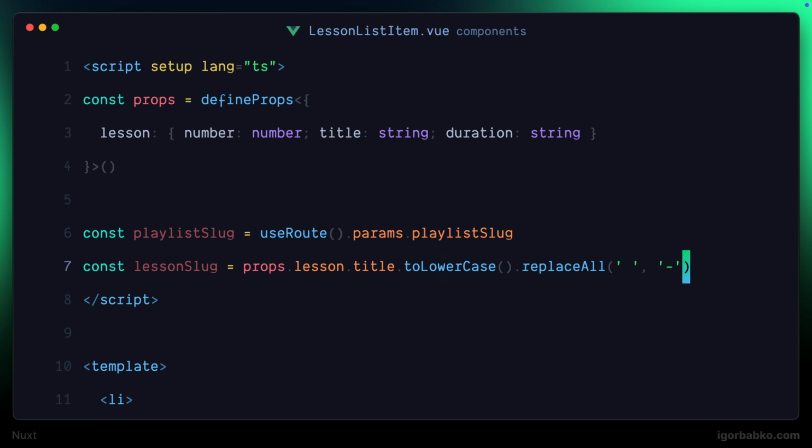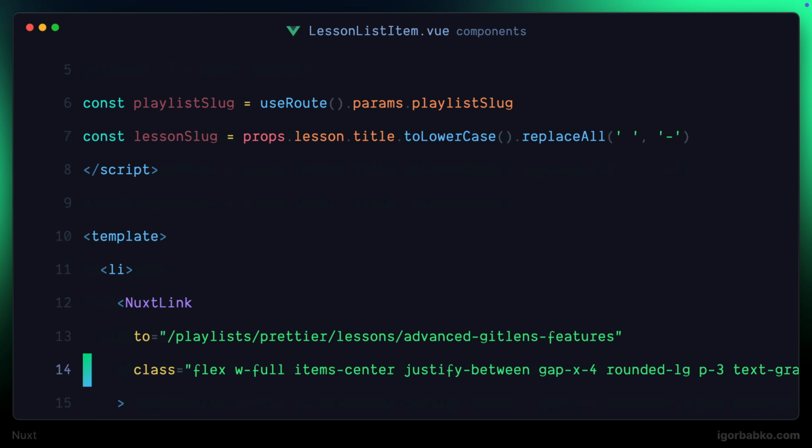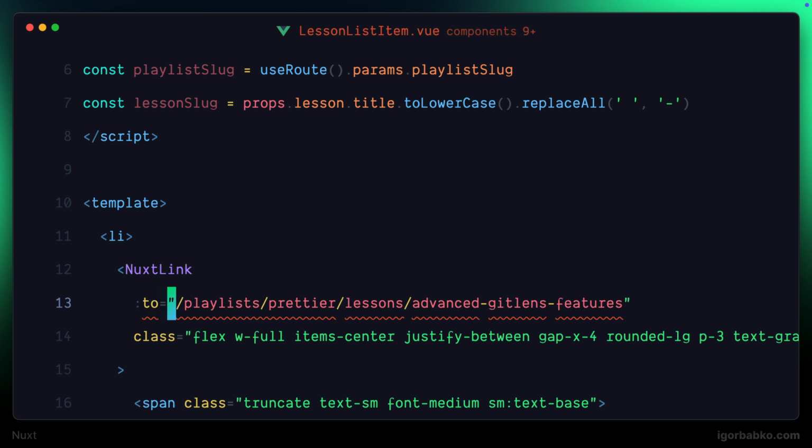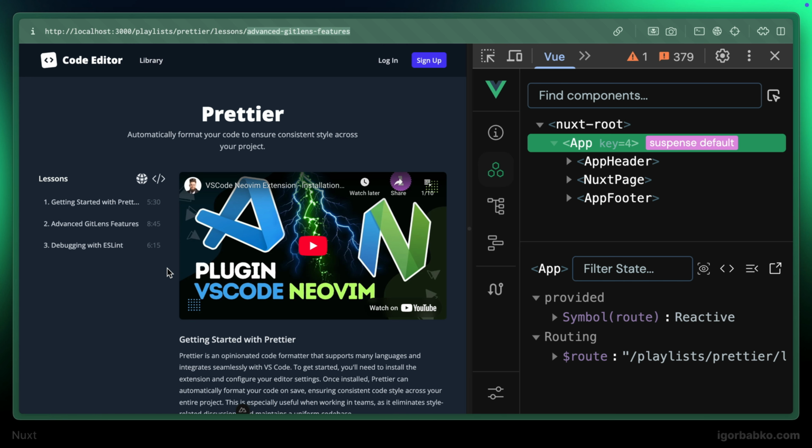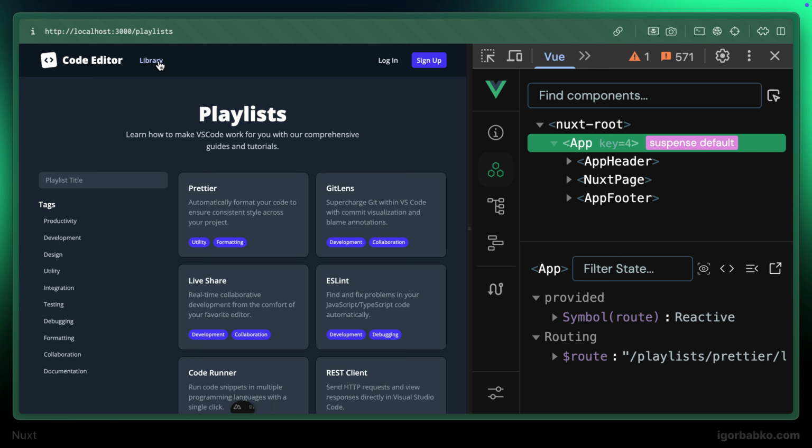So now we have all information necessary to build up address of this link. Let's just inject those individual segments into this address like so. First one would be playlist slug, and the second segment will be lesson slug. And just like before, when we're gonna navigate around lessons, we will notice that second dynamic segment in the address bar changes. Unlike first segment, which corresponds to the identifier of the playlist, and to make it dynamic as well,